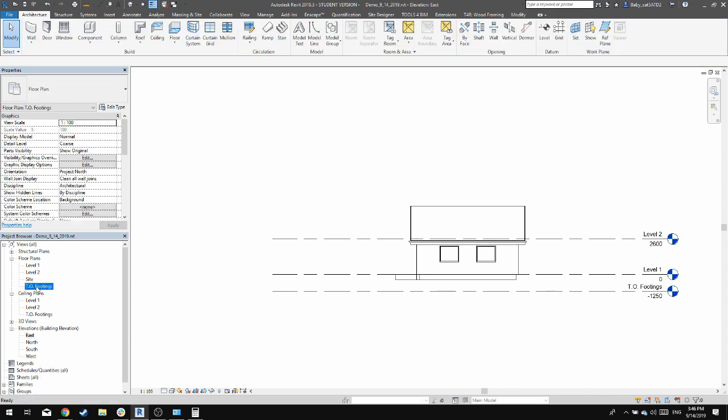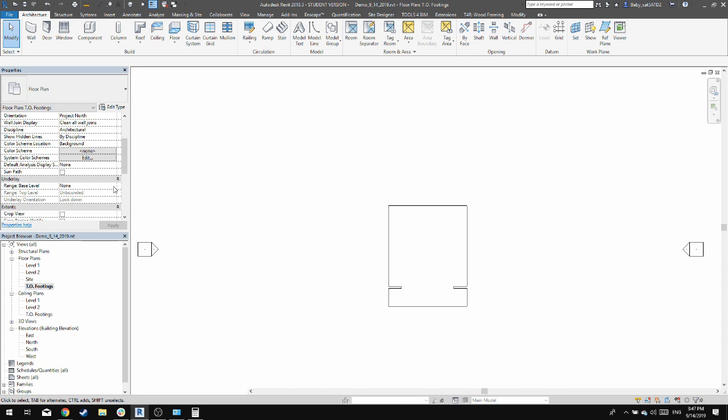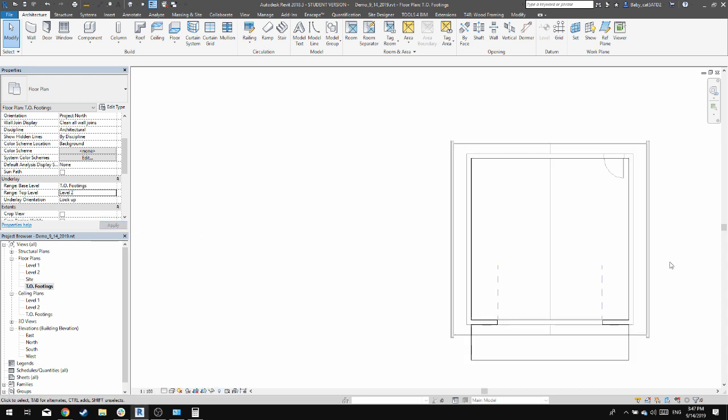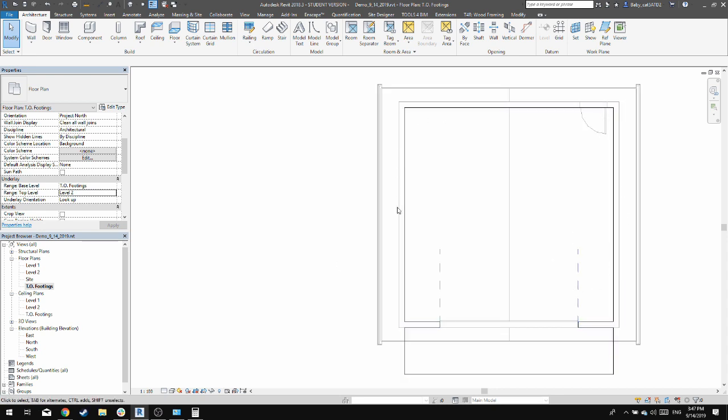Then we can go under top of footings in the floor plans, and we're going to go underlay range level 1. Sorry, we're going to go top of footings. Wait, come on. Why aren't you showing me this? Ah, there you go. Top of footings to level 2, and we'll be able to see this nice outline of